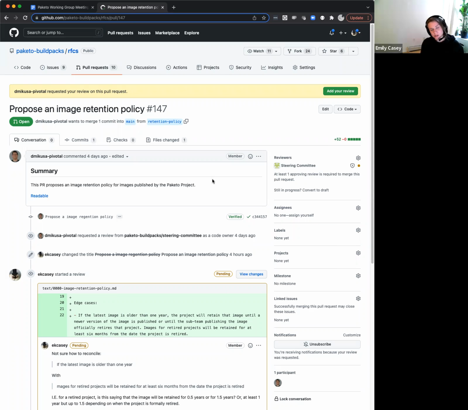Is it technically possible to do a usage-based policy on top of date-based? Like, don't delete anything that's under a year old, but after that, only delete things that no one's pulled in so long. But I don't know whether that's exposed in a way that we could implement easily. Yeah, by default, I don't think GCR has any metrics. From what I was looking at, you have to enable a bucket and write access logs there, and then go through the access logs and parse them. So I think technically you could, but it certainly isn't as easy as querying some API and getting the result.